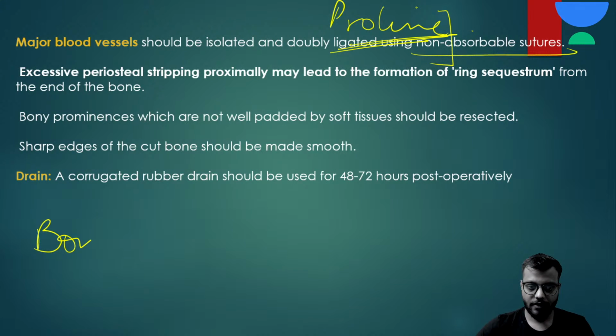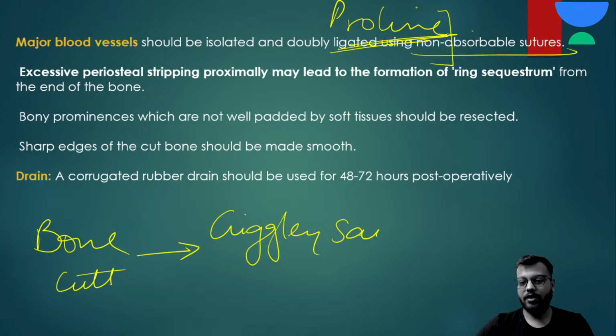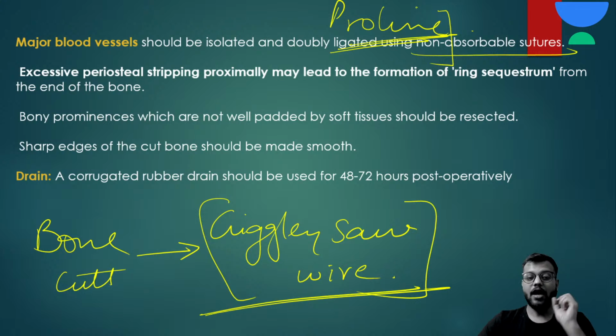Bone cutting के लिए you don't have a saw or type of things, you have a wire that is called as Gigli saw wire. Okay, you have a wire that is called as the Gigli saw wire for the cutting of the bone. Okay, और ये ध्यान रखना, proximally ज्यादा periosteal stripping नहीं करनी पड़ती, क्योंकि जब आप Gigli saw wire से यू कट दैट, then there should be no periosteum at that side, otherwise it will be problematic to